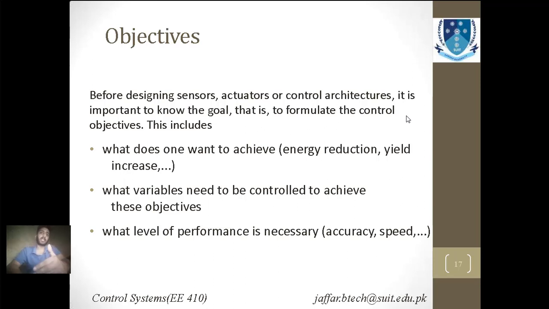But the primary objective must be achieved in any of the cases. Now, what are the variables involved? After designing the objectives, you have to take the variables into account, that is, what variables I will be experimenting with. If you want a good fire alarm system, the sensors must be of good quality, with a good sensing range and good measurement value. The less error of the sensor means the greater quality of a fire system. So these all come in the variables. So you have to take many variables into account while you are designing a good control system.